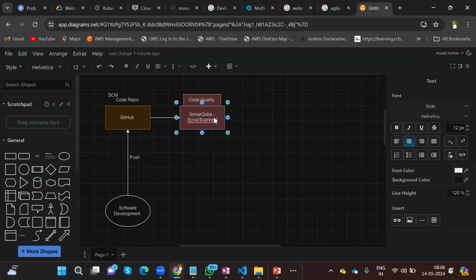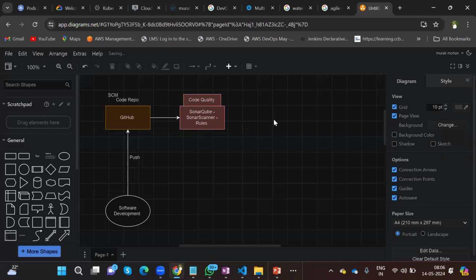It could be any programming language. So it contains all the rules in the server. For example, if I'm going to use C or Java, it has different kinds of rules. If I'm using C++, it has different rules. If I'm using Python, it has different rules. So the code has to match all the rules. If any rule does not match, it is going to be marked as a bug,